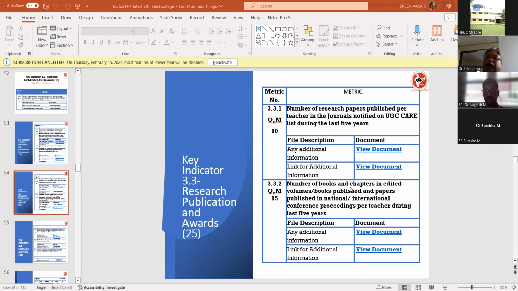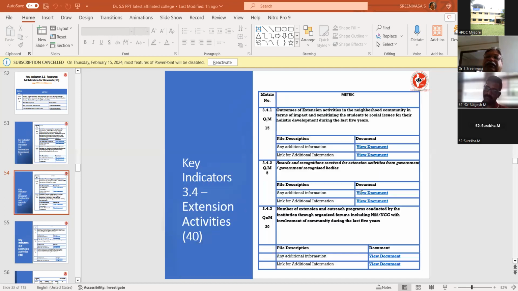Number of book chapters: how many book chapters you have published, and these book chapters are to have an ISBN number. They should have an ISBN number. That data is necessary. Outcome of extension activities: outcomes of extension activities in the neighborhood community in terms of impact, sensitizing the students to social issues for their holistic development during the last 5 years. So whether your students have gone to the neighboring places and helped, NSS, NCC, those activities can be included in this one. And awards and recognition received by the...